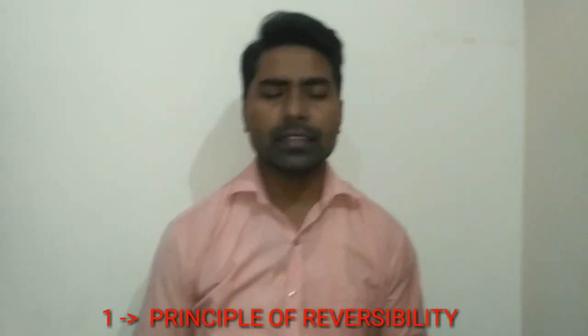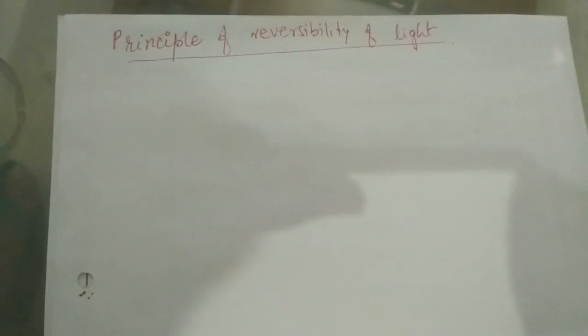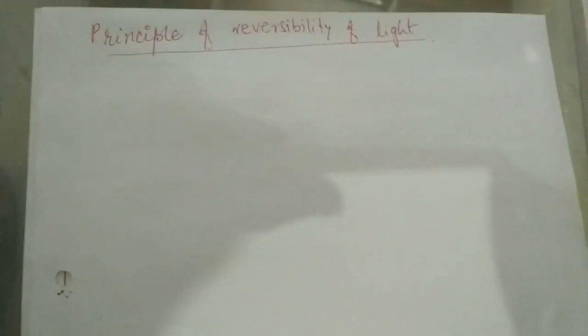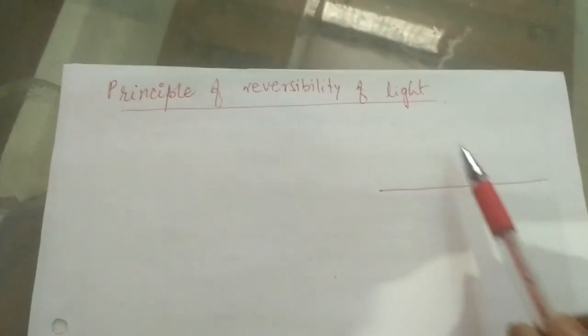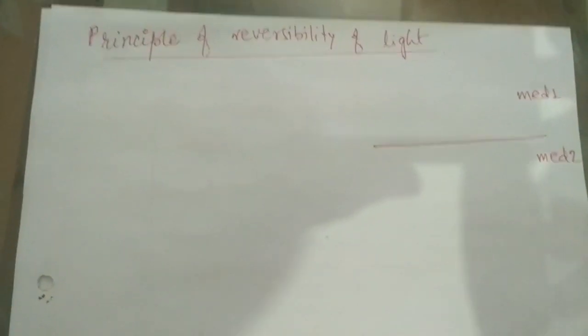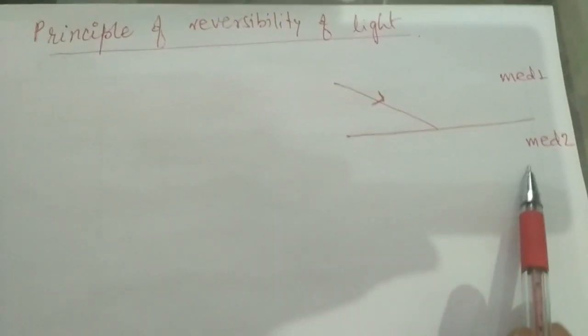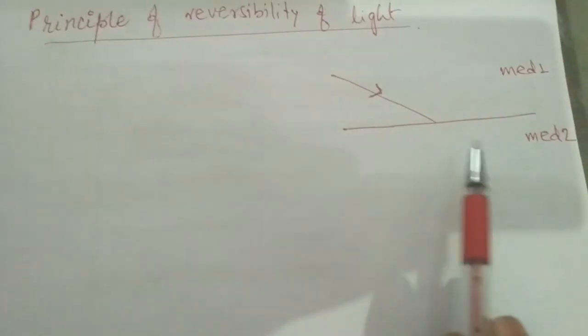That defines that the refractive index of one medium with respect to the second is the reciprocal of the refractive index of the second medium with respect to the first. So talking about the principle of reversibility of light, let's draw our ray diagram. Let this line separate the two media, medium 1 and medium 2, and the light is coming from medium 1. Taking medium 1 as a rarer medium and medium 2 as a denser medium, when the light enters medium 2, it will deviate towards the normal